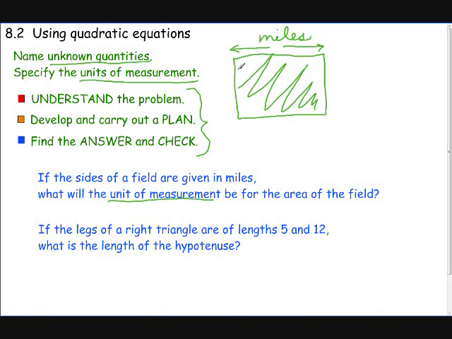Well, you could probably figure it out if you think about if it is rectangular, it would be length times width. You remember this from geometry, which would be miles times miles. So the unit of measurement will be square miles. Or another way we might write it is